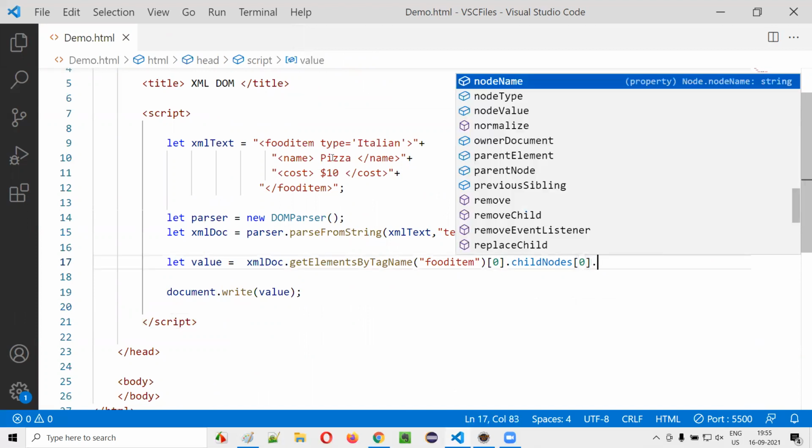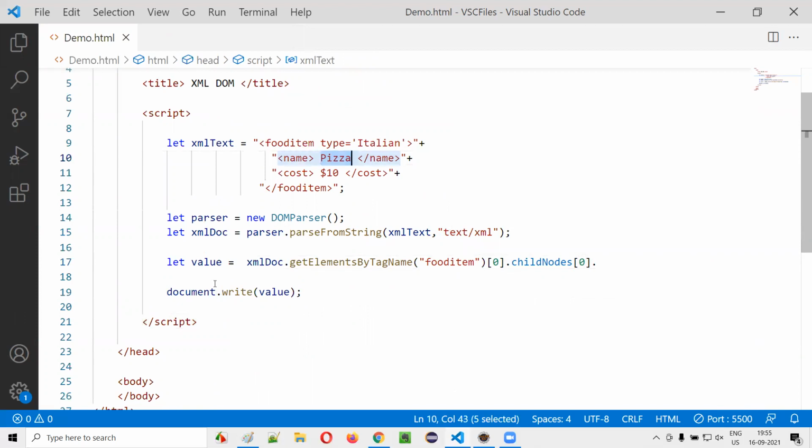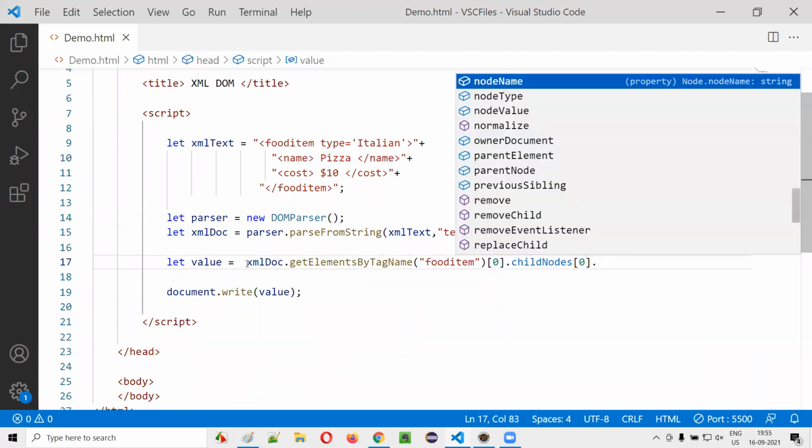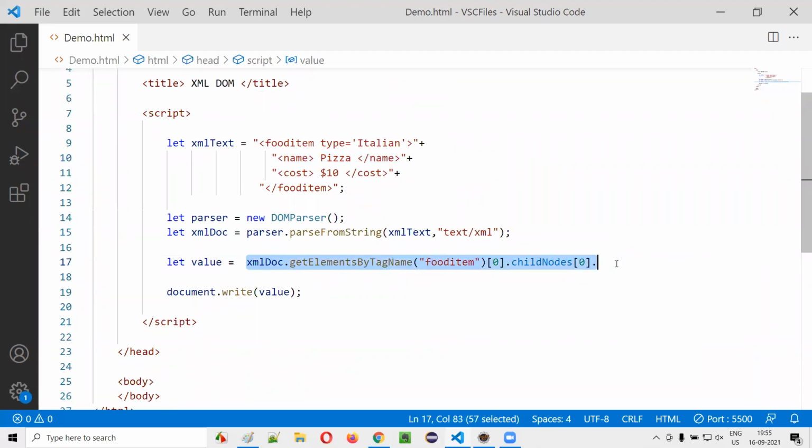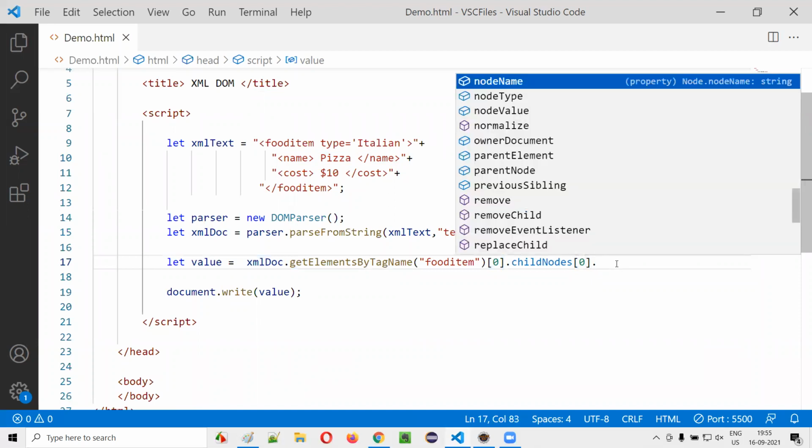Now I want to get this pizza printed. Okay, pizza retrieved from the DOM. JavaScript has used DOM to access the pizza from this XML. For that, what I have to do is dot. This is all DOM, guys. Whatever you are writing here is DOM statements in JavaScript. So dot